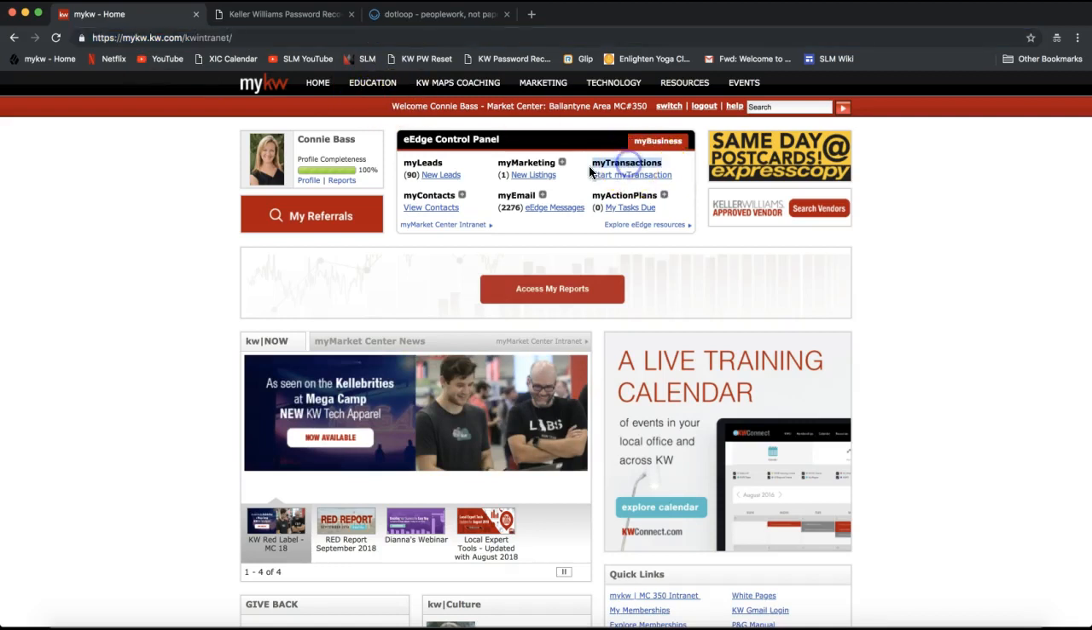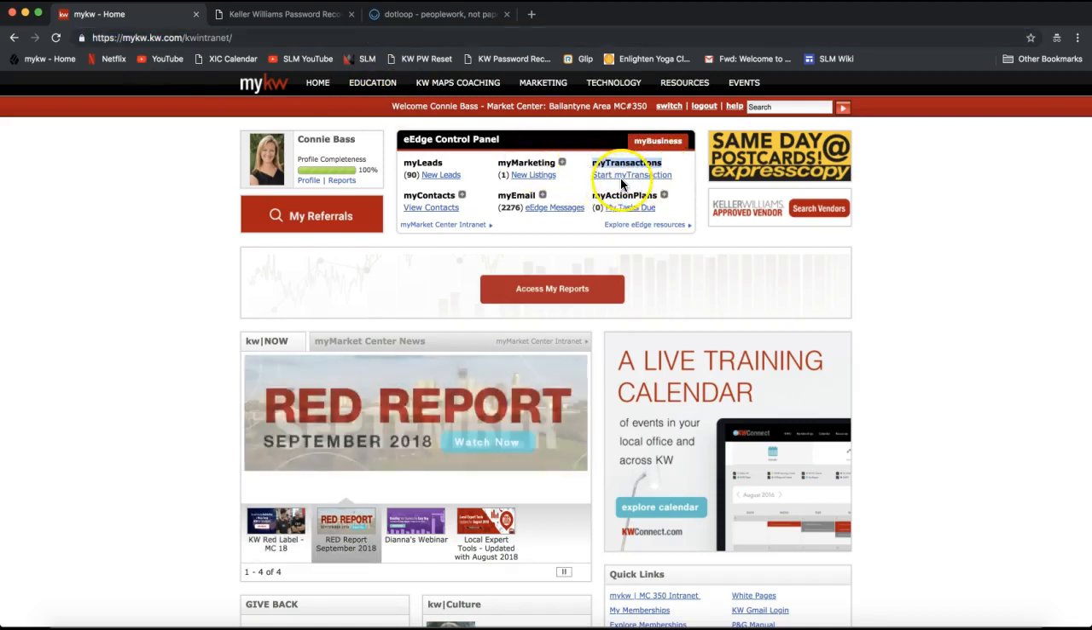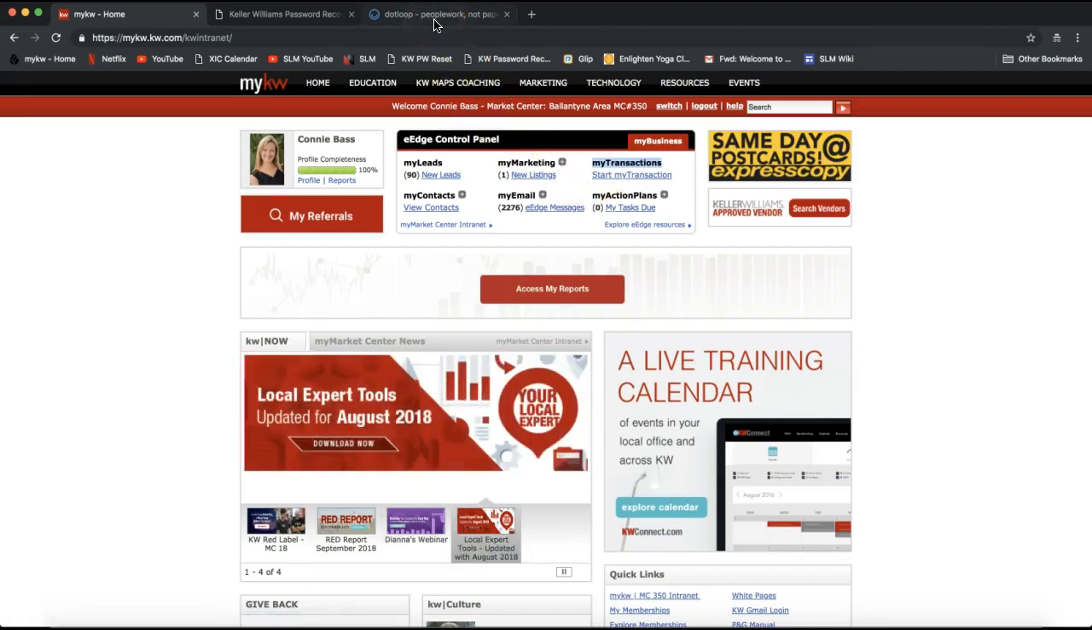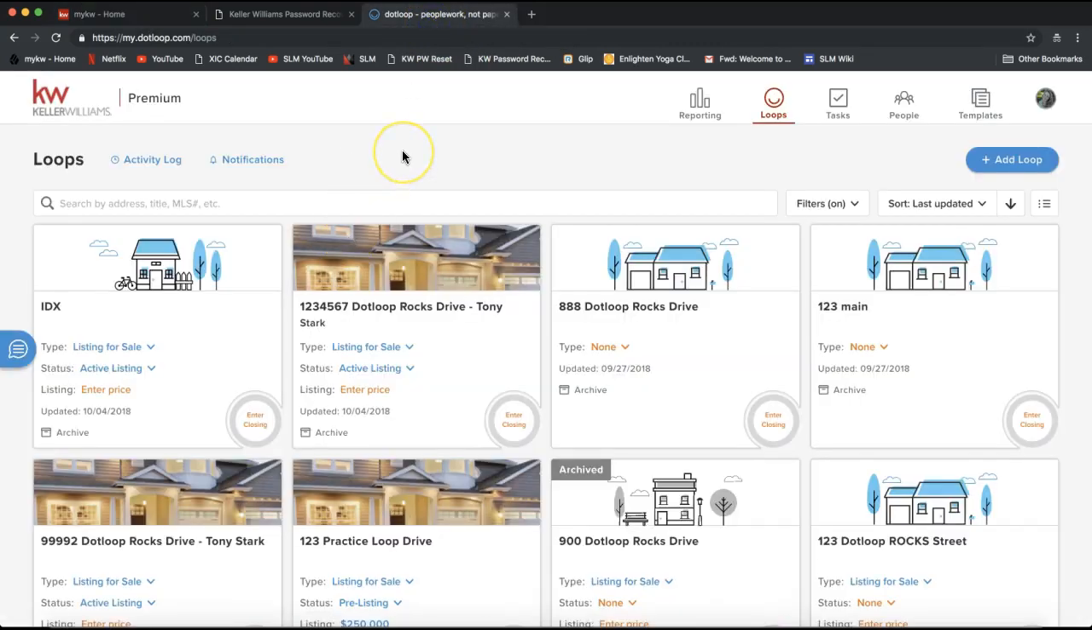And from here, you'll notice it says Start My Transactions on this top center E-Edge control panel box. So if you click Start My Transactions here, it will take you directly into your .loop account, typically without further passwords, so that is usually the best way to access your .loop account right away. Okay, one less password to remember is always a good thing. Now when you get into your .loop account, you'll simply need to click into your loop to submit that for